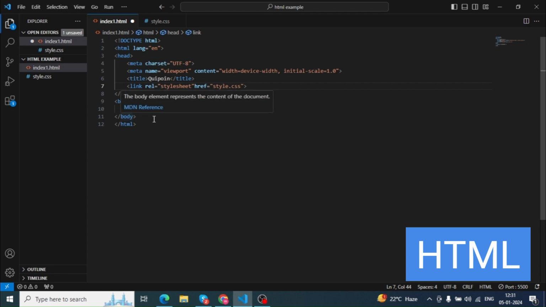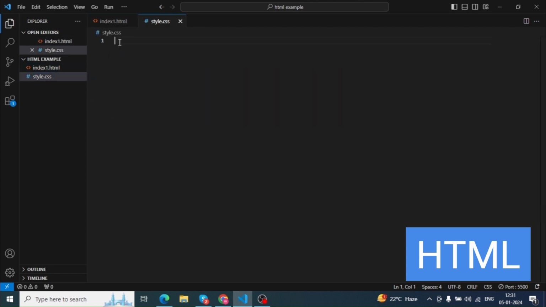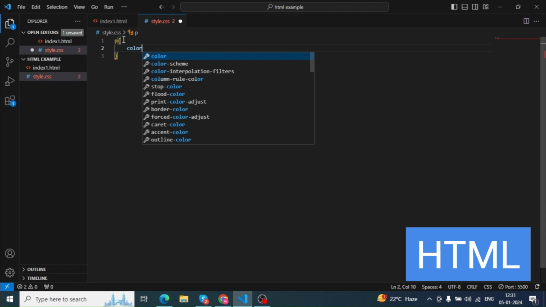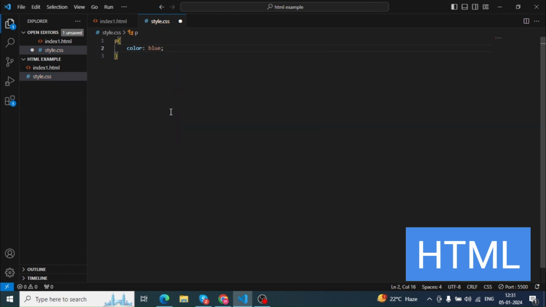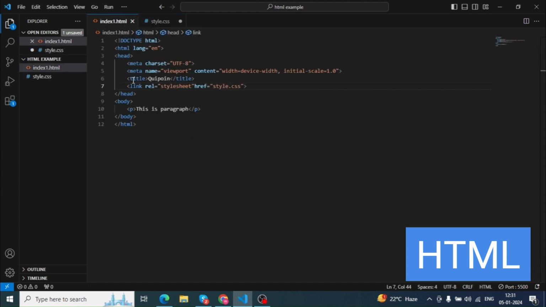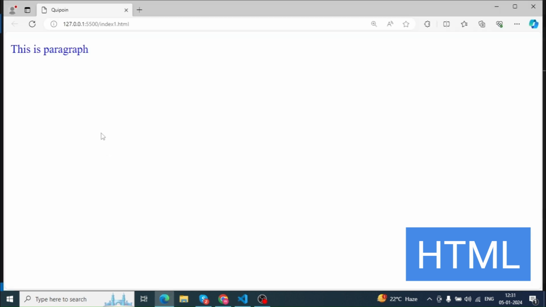If you want to change this paragraph color, then we should go for P, open braces, then go for color. I want to change the color to blue. I changed it here, then save this, open here.